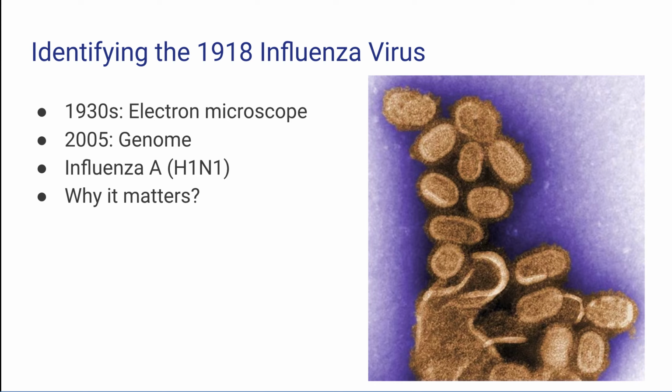Scientists were able to put this research to the test during the H1N1 outbreak of 2009. Researchers noticed the similarities between this virus and the one from 1918, leading them to believe that young adults would again be the hardest hit. Because of this connection, vaccines were prioritized for young adults instead of the elderly, which was typical.